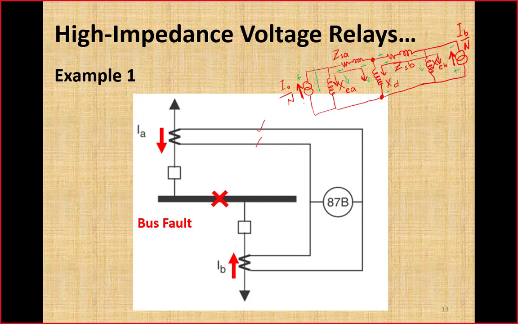Due to this reason, the voltage that will develop across this over voltage relay over here in this differential branch will be very high, and we can easily set this over voltage relay to make a discrimination between normal condition and a fault on the bus bar. Because during the fault on bus bar, very high voltage will appear across that differential branch, and in case of normal condition, no voltage will appear at all.